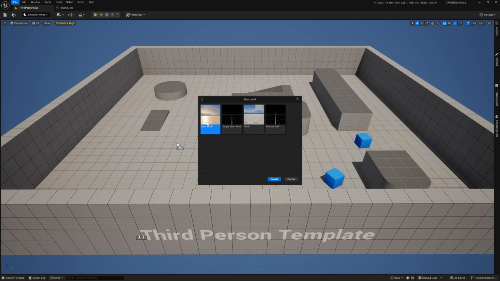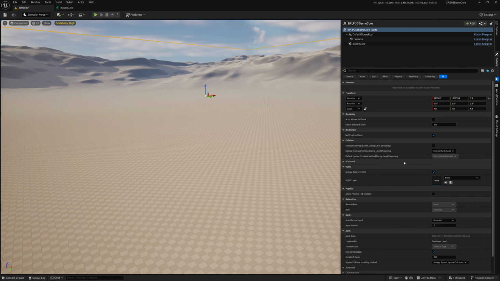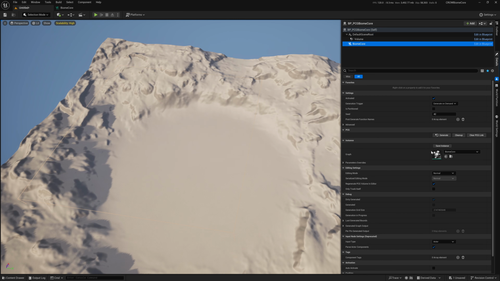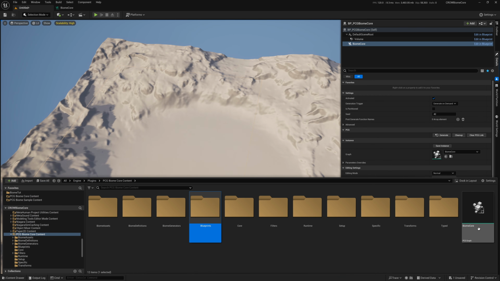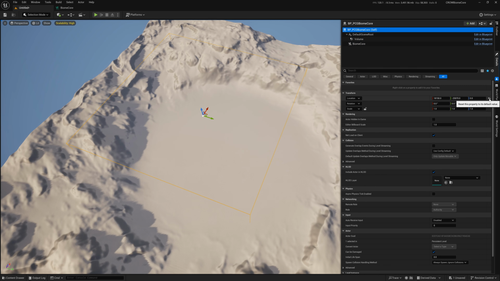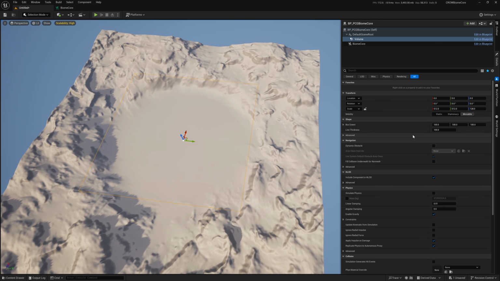Let's open a new level and drag and drop our blueprint. This is nothing special, just an actor that has a volume to define the bounds and a PCG component that has the main Biome Core graph. Let's center it and scale it. By default it's 1024 meter by 1024 meter by 256 meter. You can scale it to your landscape bounds